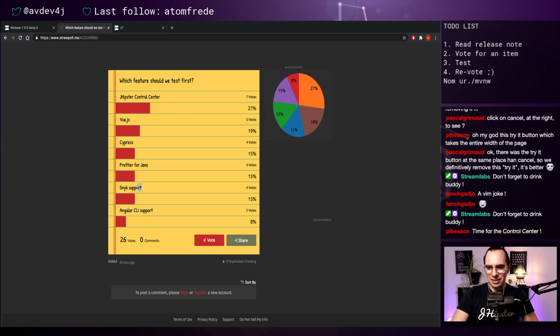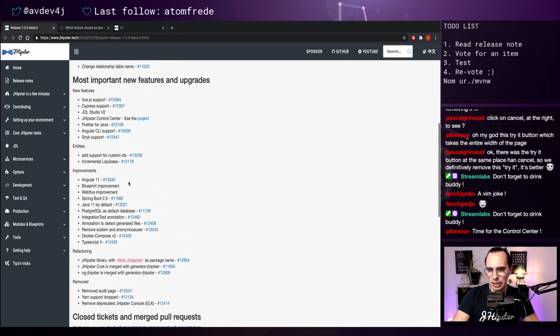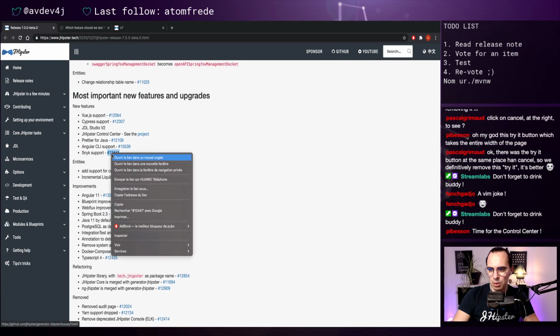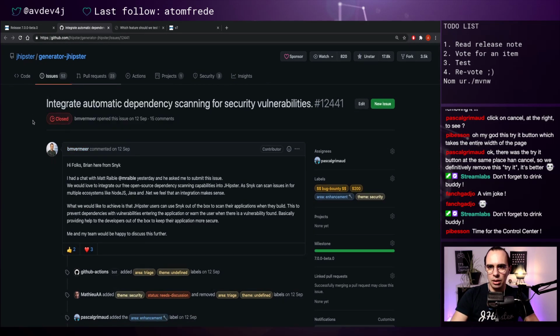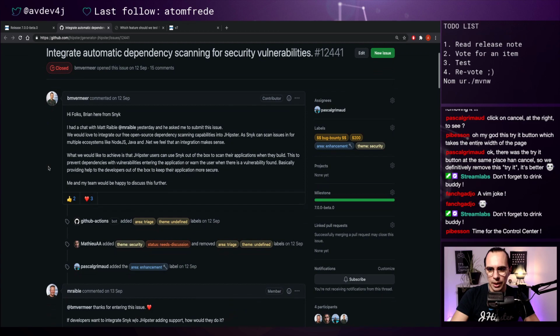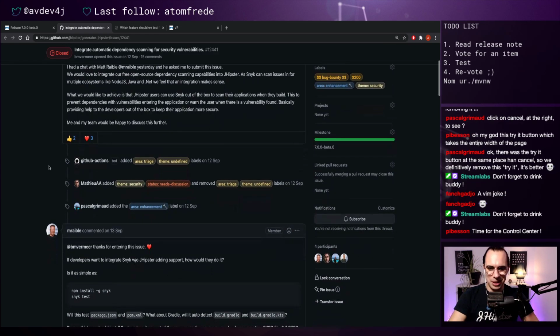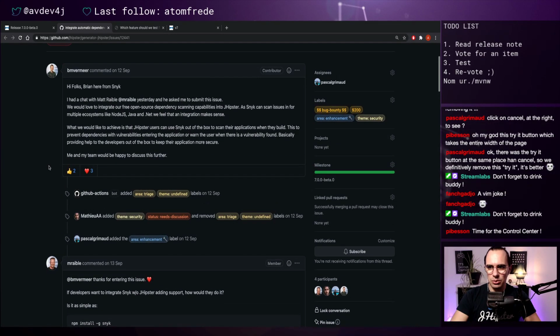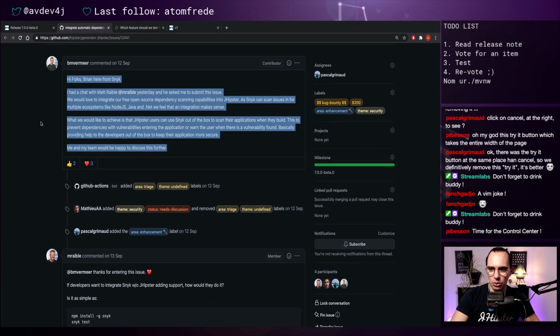What about Snyk? So let's take a look at Snyk. And yes, I saw that we have a really good demo and information about Snyk in the tickets. So you can see that the really cool thing with this feature. We have time for the control center. Just wait 2-3 minutes. We need to check that, and then I will be happy to do the full demo of JHipster control center. So the really cool thing with Snyk is that